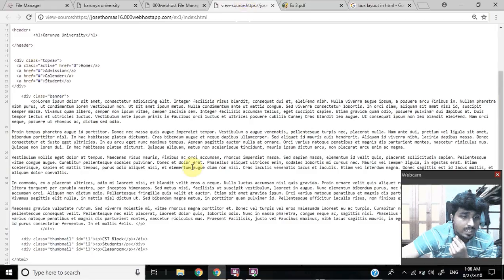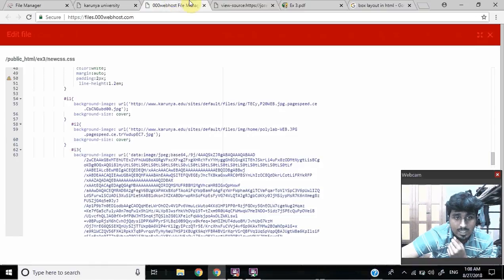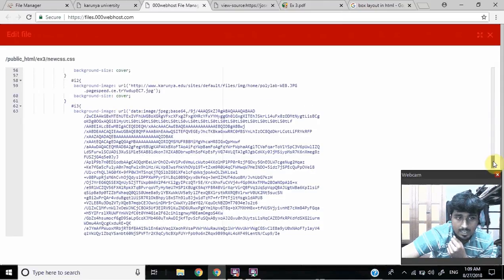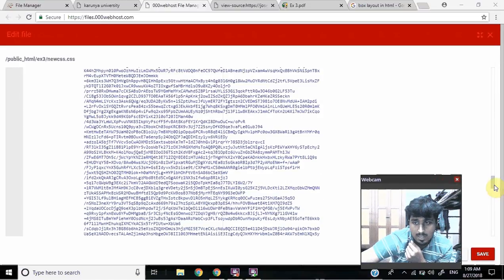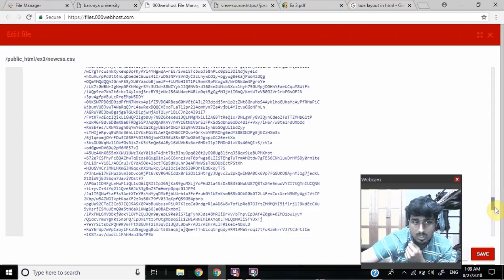So for that we use the ids i1, i2, i3, and the class is thumbnails. So we could see that i1 is an image and the size is cover. So i3 and i2 are also images of which the size is cover. And then if we go to the bottom we could see that